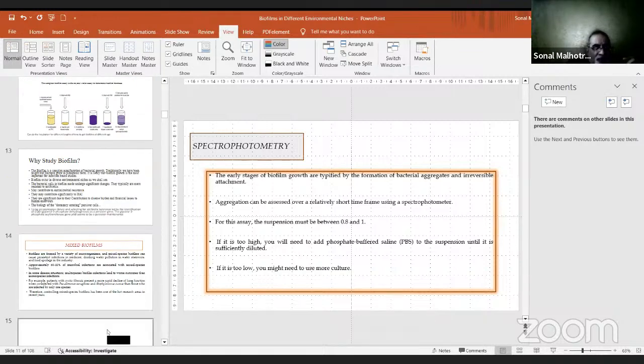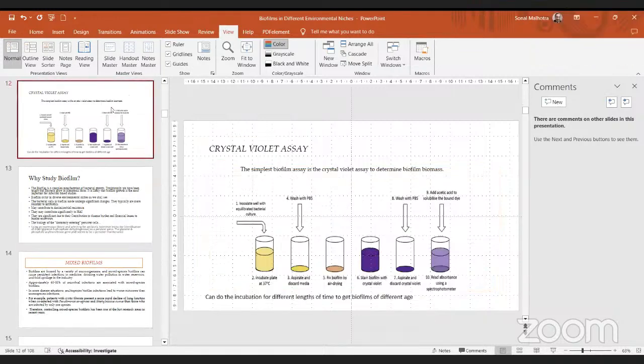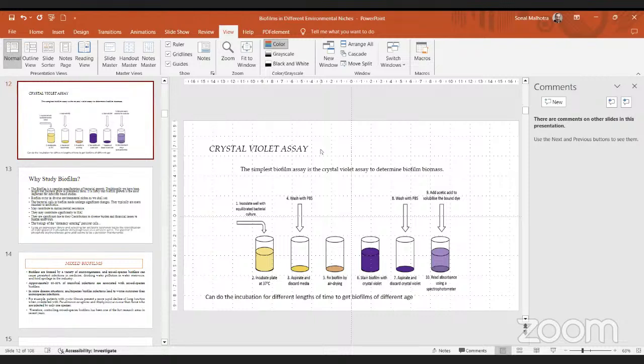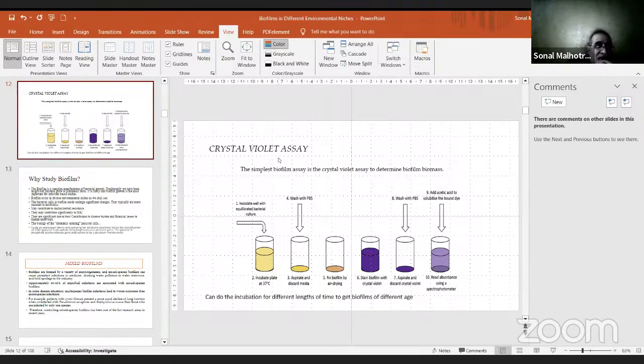The most common version is actually doing what's called a crystal violet assay. Crystal violet is a dye that can adhere to proteins, nucleic acids, and even exopolysaccharides. So it's the simplest version. What you do is you grow a bacterial culture and you place it in usually a 96 well plate format, which is where we do it. You incubate the plate at 37 degrees, which is the incubation temperature for most bacteria,